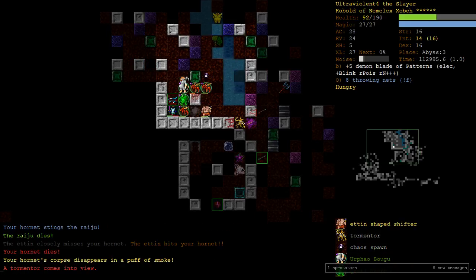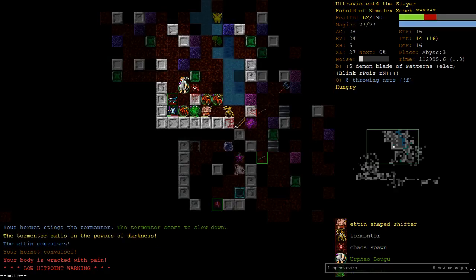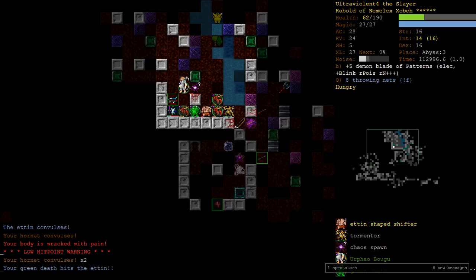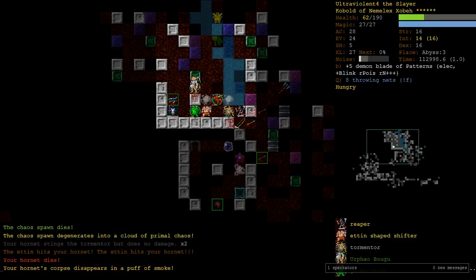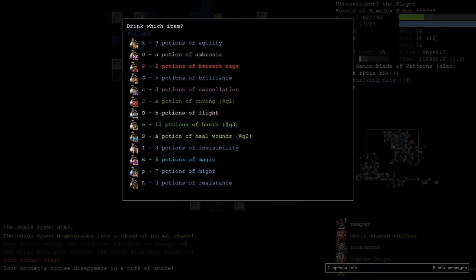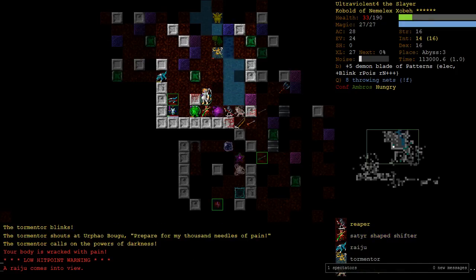Please just kill all these things. There's a Tormentor. I can't go invis against him because he's gonna torment all my summons. So this is really crappy. I'm gonna quaff an Ambrosia again and just sit here in the corner. I'm getting tormented, but I'm not...